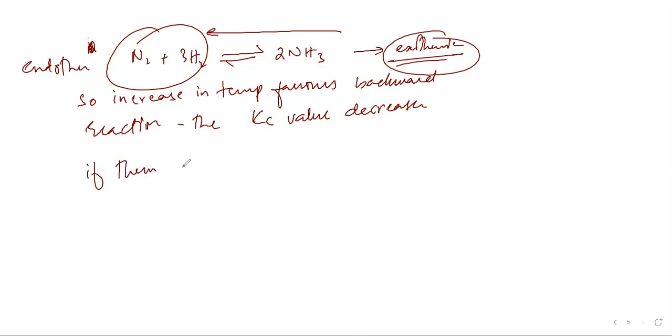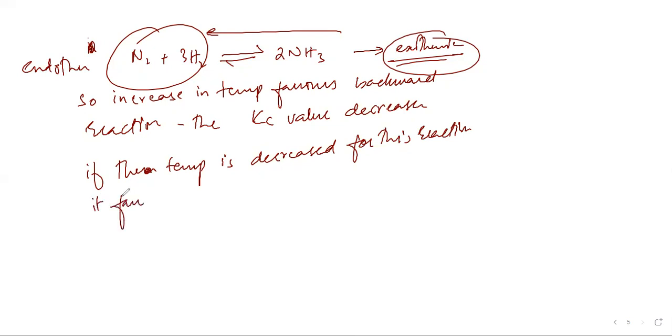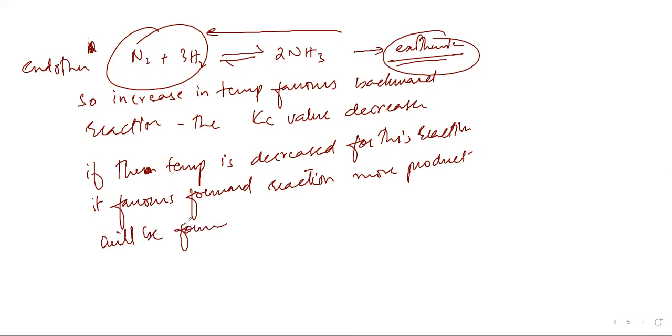If the temperature is decreased for this reaction, it can be applied on any case, like हमने तो अभी तक इसी को डिस्कस किया है। If the temperature is decreased for this reaction, so it favors forward reaction, more product will be formed, so Kc value increases।